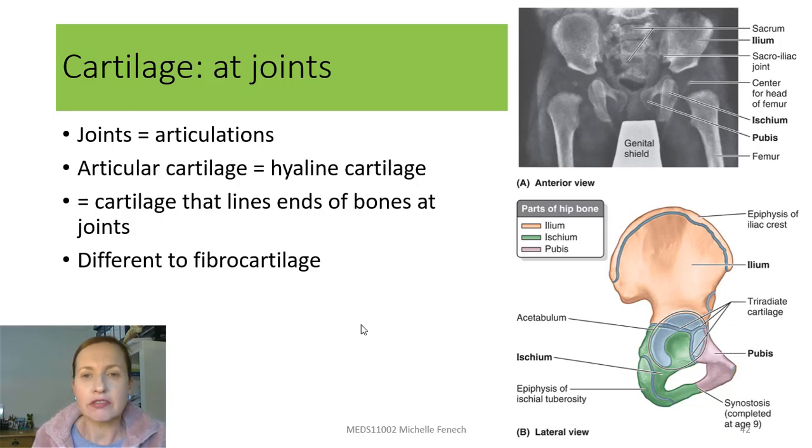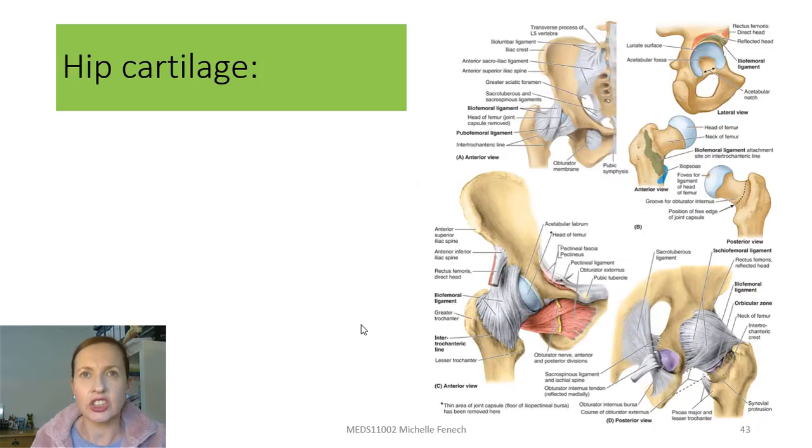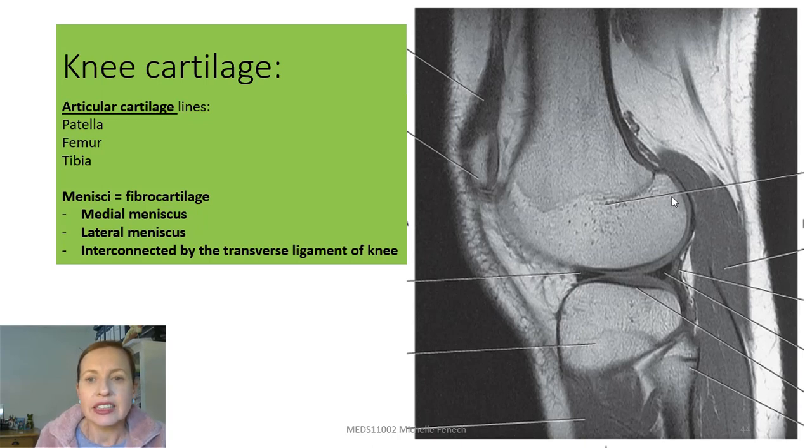At the ends of bones, we have articular cartilage. So our joints are called articulations. And so the cartilage that's going to be at a joint is called articulation cartilage, which we just call articular cartilage. And so anything that's lining the end of the bone, like here, that lines the head of the femur, that's called the articular cartilage. We also have articular cartilage around the distal end of our femur and the proximal end of our tibia, and it also lines our patella, because the articular cartilage comes all the way around the femur to probably about here,